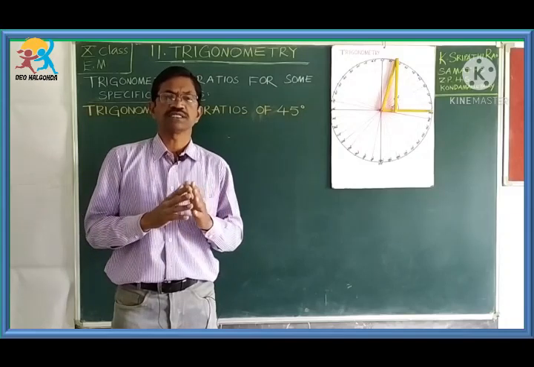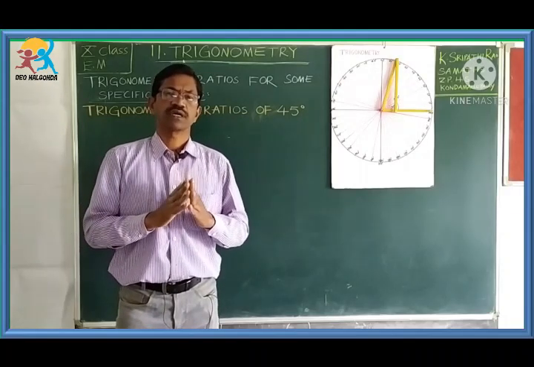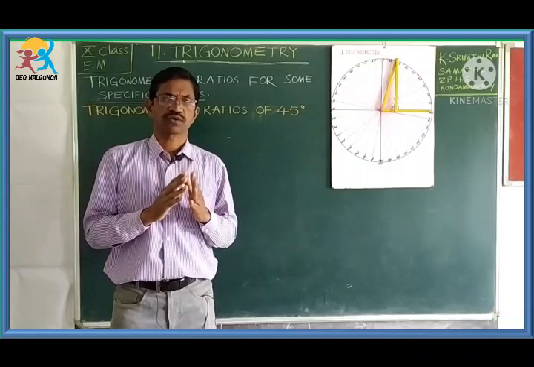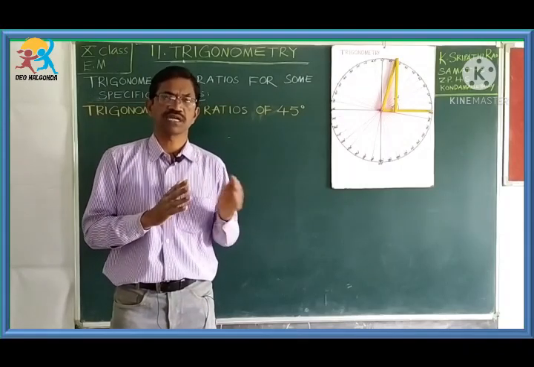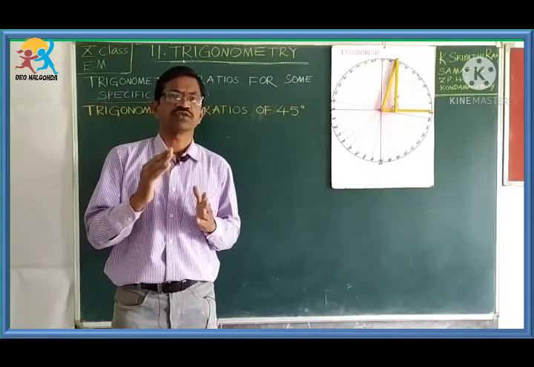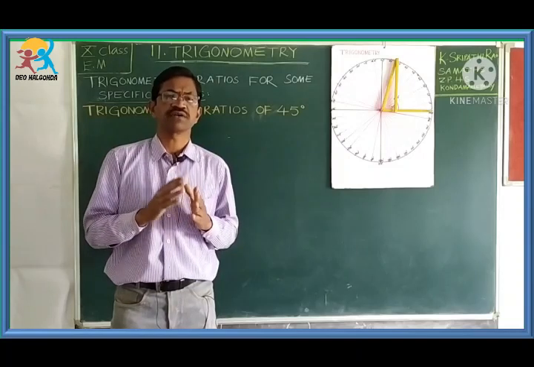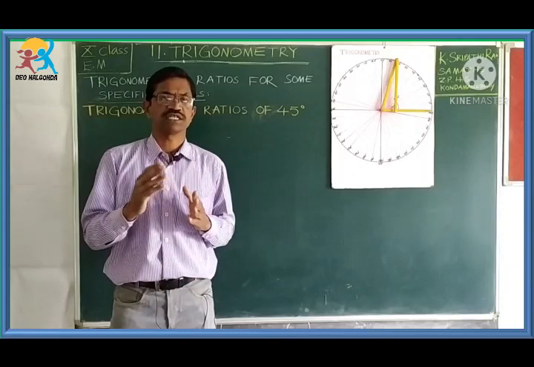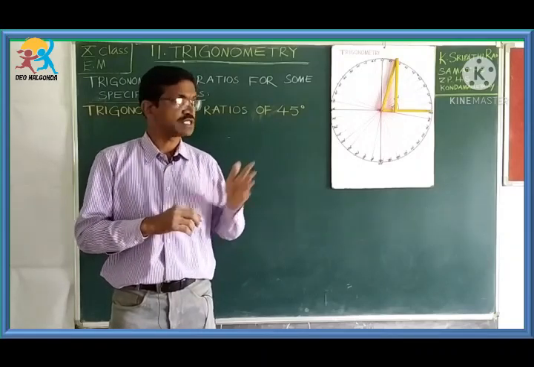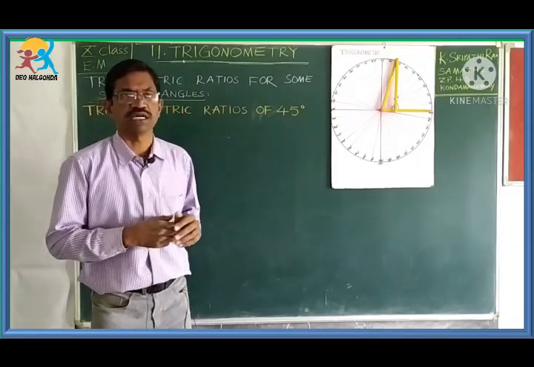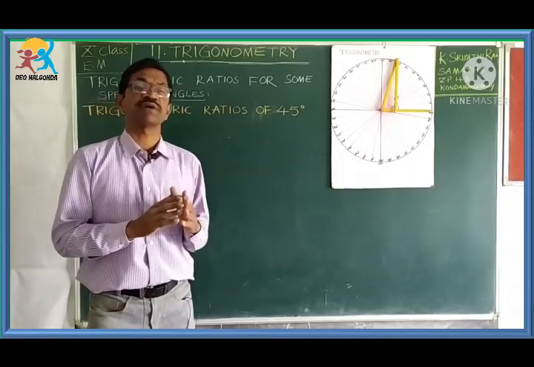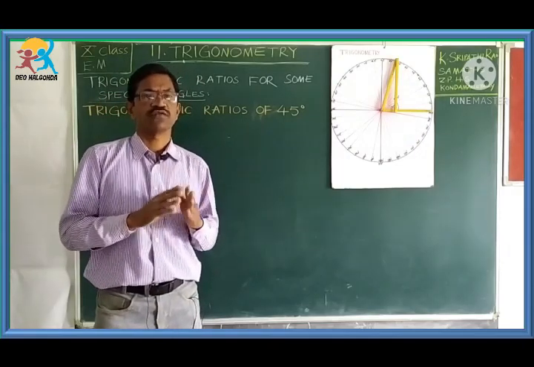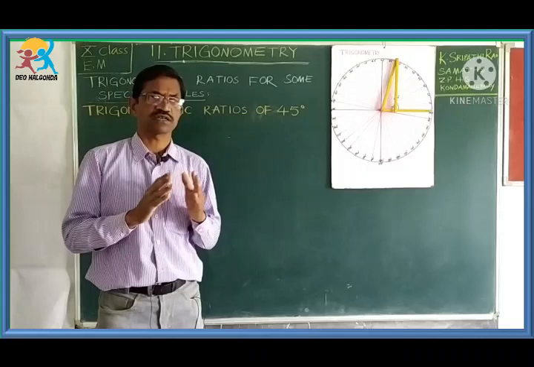We have learned all this clearly, and some more concepts we have learned in this chapter. Sin theta into cosec theta is 1, tan theta into cot theta is 1, sec theta into cos theta is equal to 1. So, in this video let us learn the values of trigonometric ratios for some angles, not all angles,